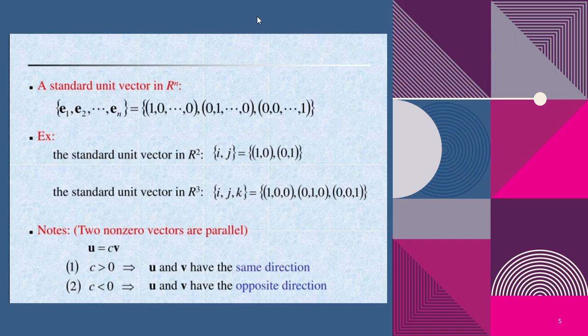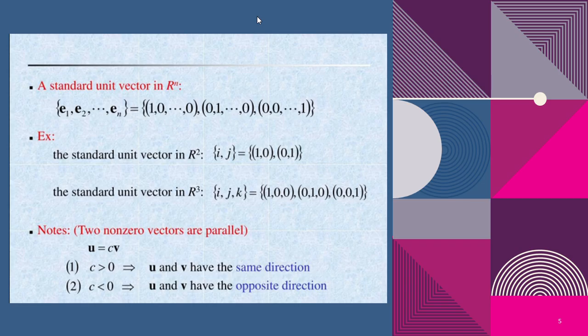In math, we have special vectors called standard unit vectors. These are vectors where only one number is 1 and all the other numbers are 0. In 2 dimensions, we call them i and j. i is (1, 0) and j is (0, 1). In 3 dimensions, we add k, which is (0, 0, 1). These are like the basic building blocks, the x, y, and z directions.